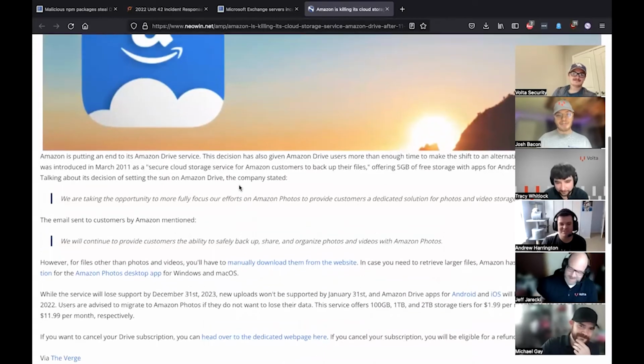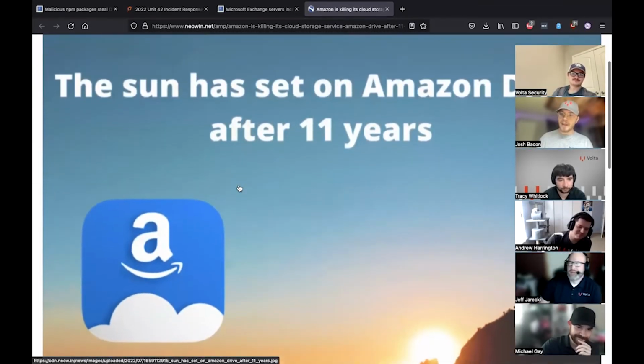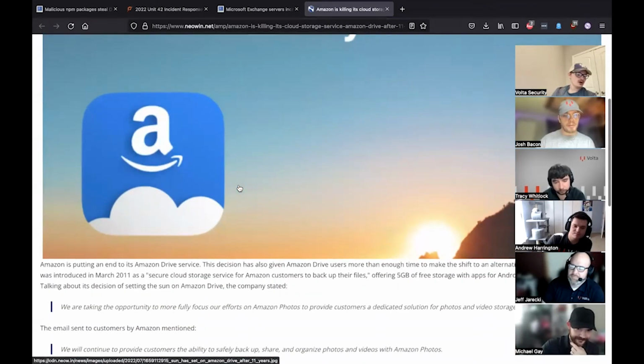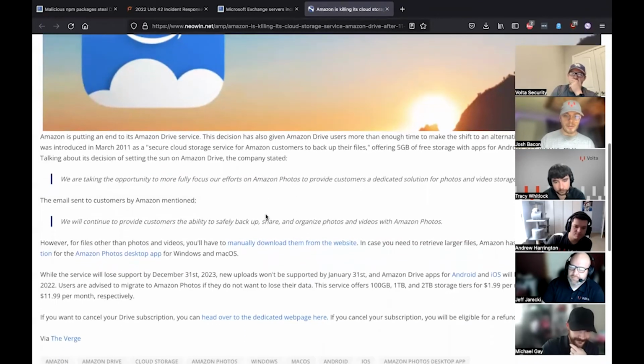Very much. No. So if you have any files on Amazon Drive, if you're one of those companies that brought someone in 10 years ago and they performed all of your methods and now you haven't changed them in 10 years, that's something you're going to have to fix soon. It's apparently going to be moving to Amazon Photos, so that you still have a place to store videos and photo files. But stuff like this is always really interesting to me because I know this is Amazon, but I imagine, like, when the internet was beginning and image hosting and asset hosting was a much more popular business, what's happening with those assets now that those companies are going out of business?